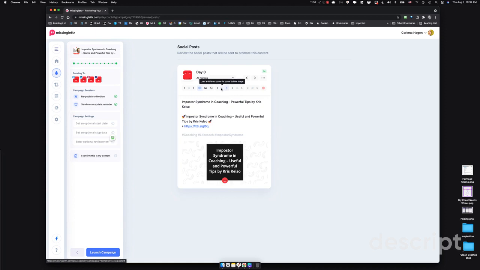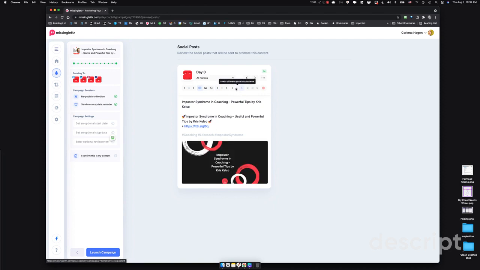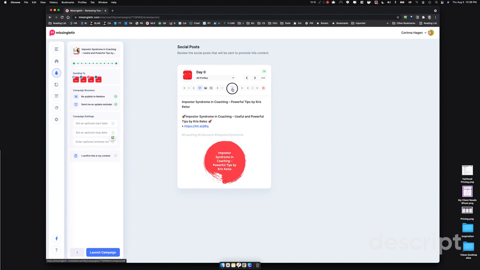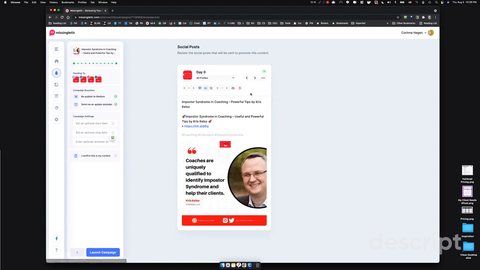So I can choose the type of quote I want to see in here. And then here I can choose what kind of quote bubble I want. Maybe another one works better for me. So this is how I change the images there, or go back to the original that I had in here. And I can choose to upload my own image. So if you have other ones you want to upload for this specific drip campaign, you can do that.